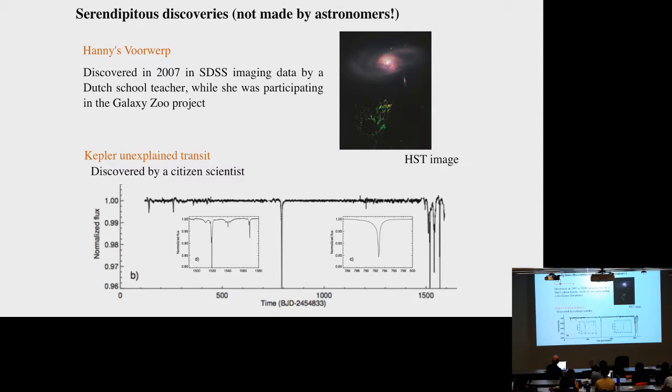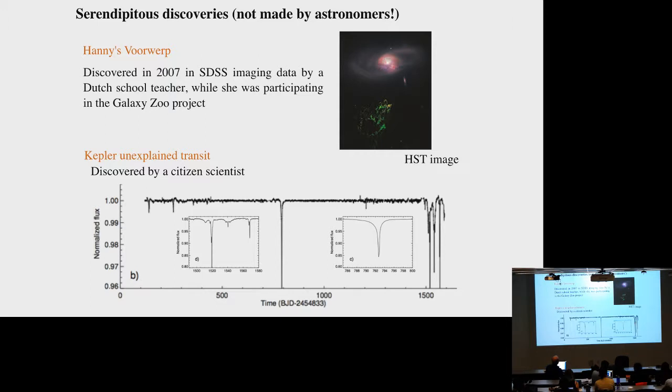This is another example. I'm sure you have heard of this one. This is a very intriguing transit curve measured by the Kepler satellite. It was discovered initially by citizen scientists. So what you see here is the flux, the brightness of a star as a function of time, and we have these huge dips that have occurred a number of times with a very large amplitude. One of them is about 15%. Okay, so 15% of the area of the star has suddenly been obscured by something,